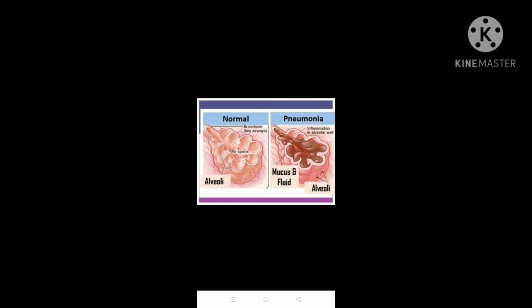When pneumonia is caused, we see the alveoli. In the left figure it is very healthy. In the right figure you see that pneumonia is causing it to change its structure. So this is about the human respiratory system. Okay, so please follow the video and write down about the human respiratory